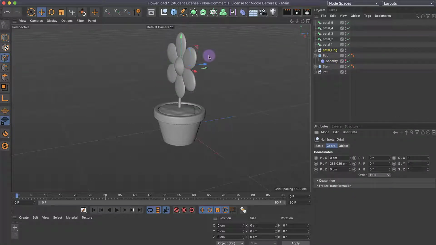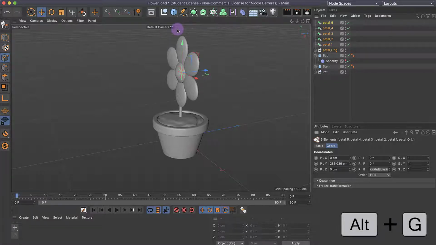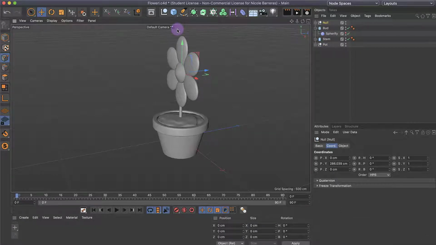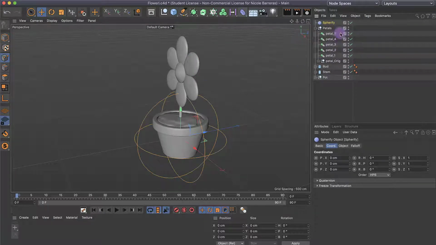To make this front look a little bit more exciting, we're going to add another spherify. In this case, I want the spherify to affect all petals at once. So I'm going to group them together. I can select all of them and press Option or Alt G, and this is the shortcut to group something into a null, and name this petals. And then in here I will bring a spherify deformer, bring it to the center,